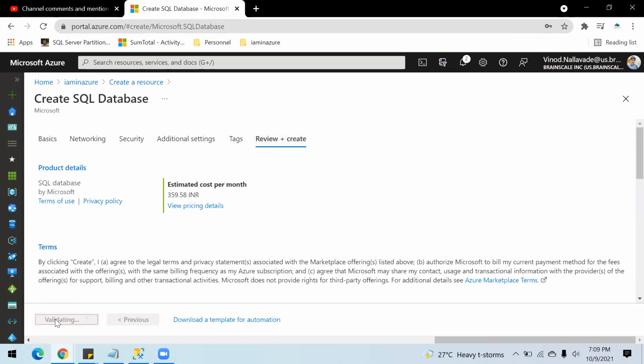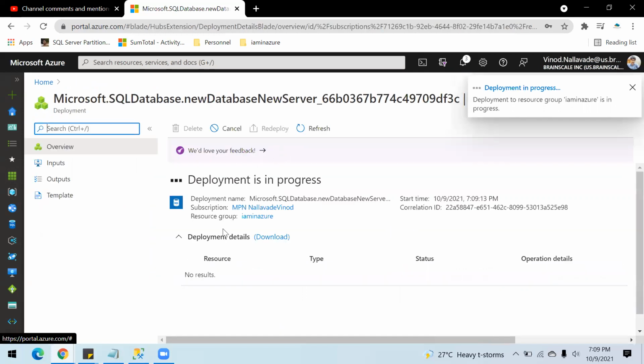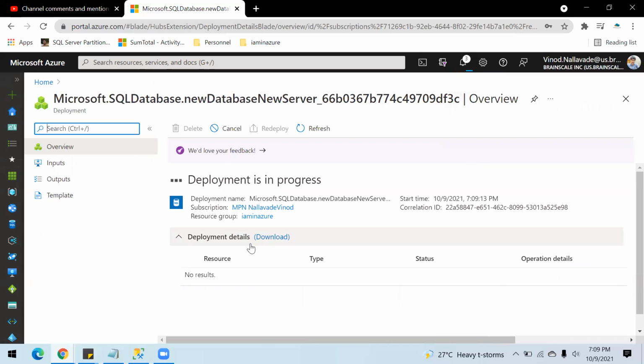This will create the database and the SQL Server. The cost, if you look, says 360 INR per month, and this is an estimated cost. We have selected the basic tier. Based on that selection, we will have different cost models, and you also have the serverless model in SQL Server, which is like when you consume your database, only then you will be charged.